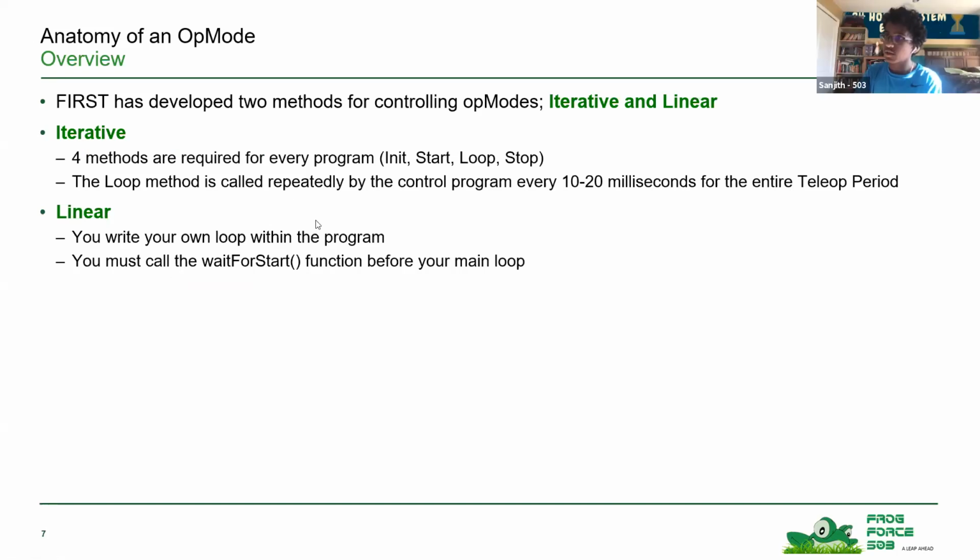Okay, thank you. I'm going to be talking about the anatomy of an op mode, basically how they're built and how they're put together. There are two types of op modes: an iterative op mode and a linear op mode. And iterative op modes are sometimes just called